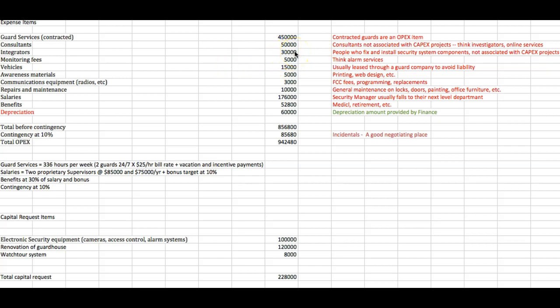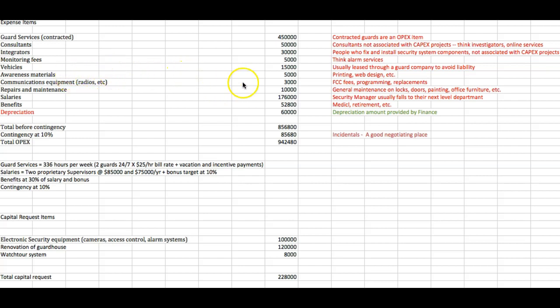A lot of this is, I won't call it guesswork because you're using some data that you have, but you have to also do some projections in your own mind, right? Monitoring fees. I have an alarm service on one of my warehouse buildings on my property that an outside alarm service handles for me, and they charge me a certain amount per month for monitoring and a certain amount a month for rental of the equipment, $5,000 a year. That's what they charge. I know that they charge $5,000 because I have a contract with them, so I can put that $5,000 in and know that's going to be a good number.